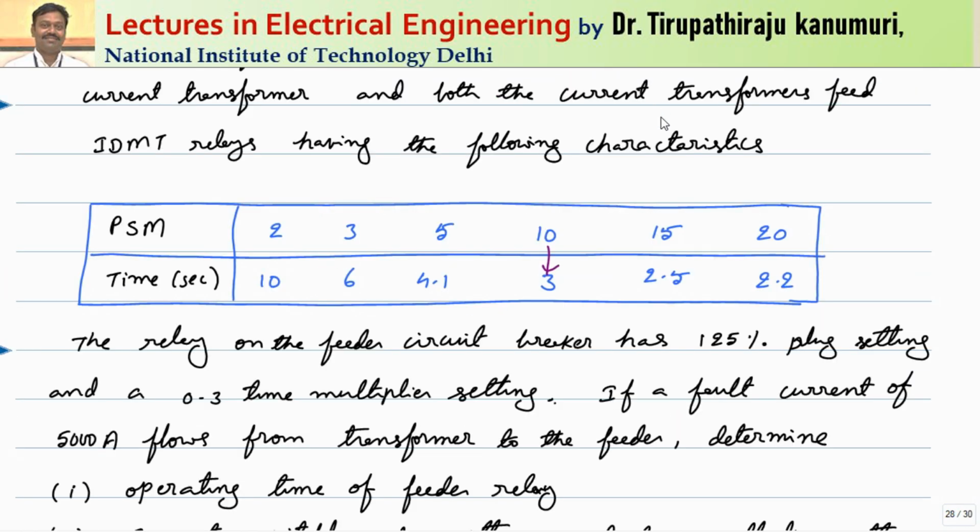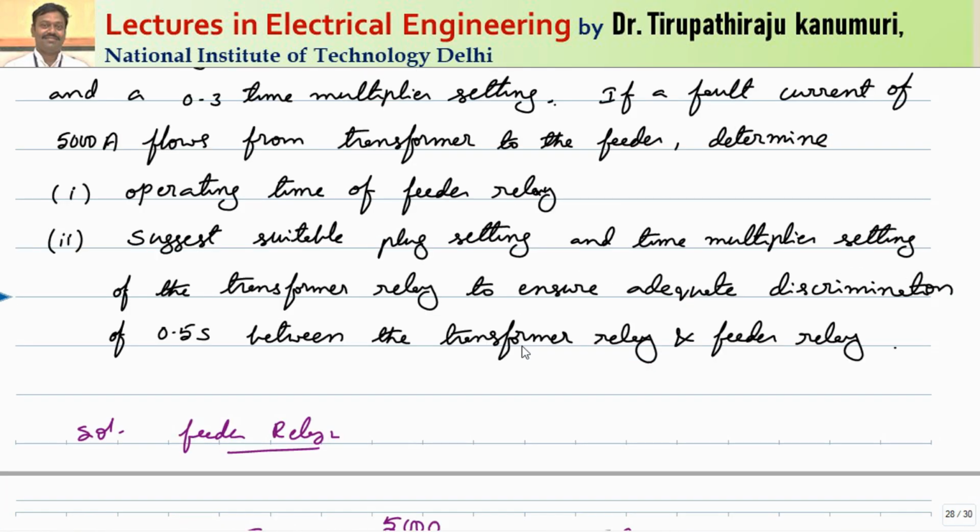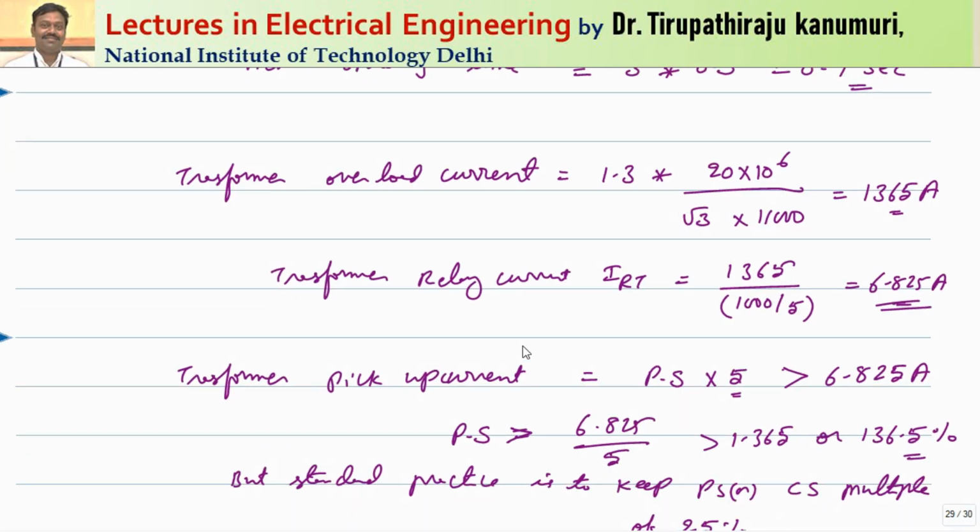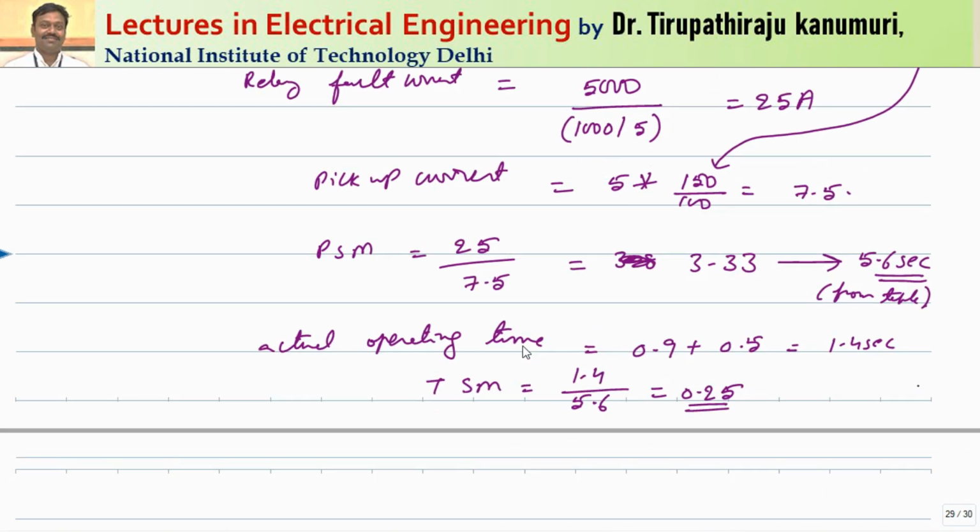Sometimes while calculating the numerical you will get a value in between. So from this what you can do, whatever the data is given, try to draw a rough graph. From that you can calculate the value using interpolation between 2 points. Let us take for example, here also the plug setting multiplier is coming as 3.33, but only 3 is given there. So how to calculate that? You can calculate by using the interpolation technique. So you can see here, for example, 3.33 is calculated using interpolation. From there you will get it as 5.6 seconds. And sometimes in the numerical they provide the graph. So from the graph you can calculate this.